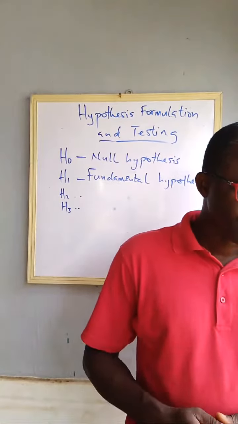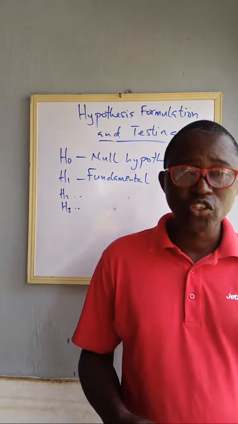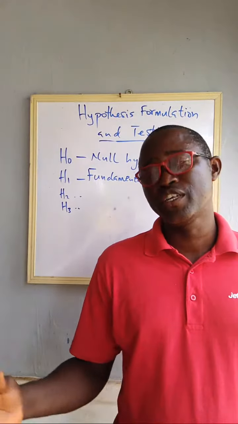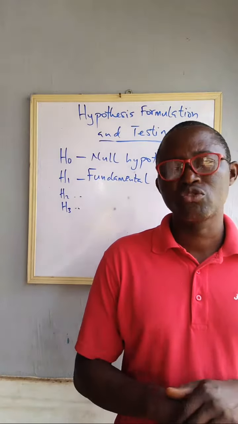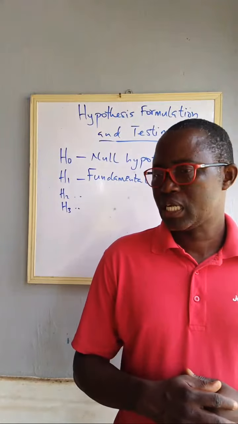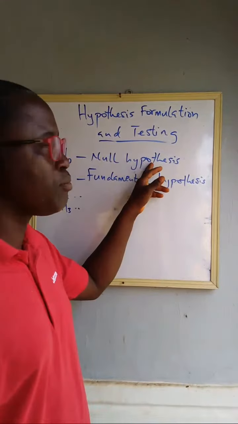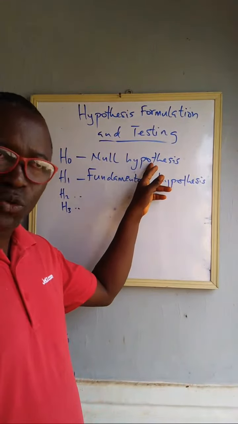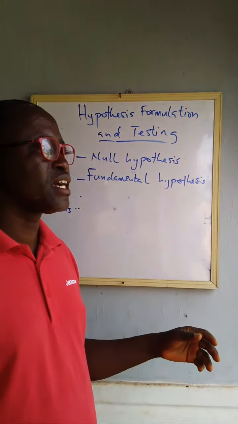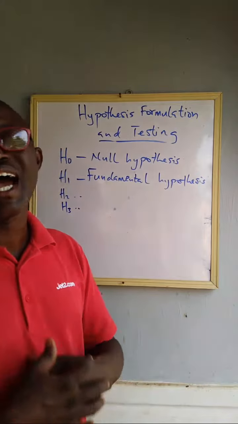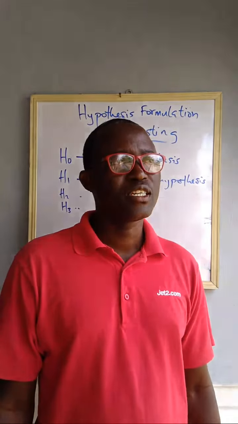Now, the null hypothesis is a hypothesis that does not see any effects between variables. The null hypothesis assumes that there is no impact of one variable on another, that there is no influence of one variable over the other. That is null hypothesis. It assumes that there is no significant impact between one variable and the other. The variables do not affect each other. There's no effect. For example,